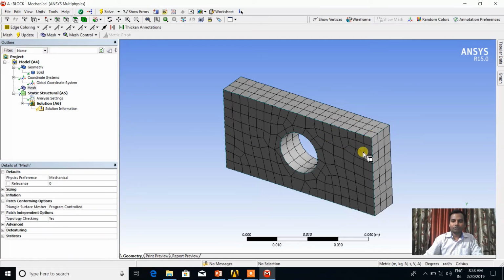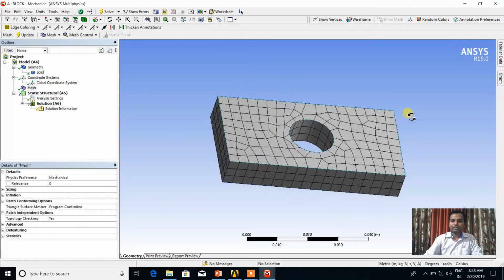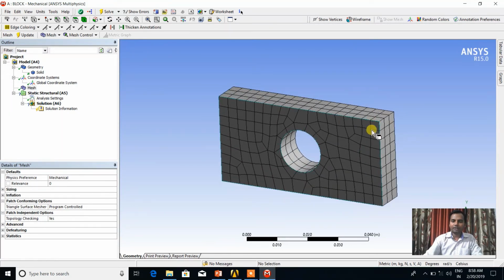Okay, so the basic theory of finite element analysis is nothing but the element, where the corner points of the elements are the nodes, and whatever load is applied on the body, that load is applied on the nodes. Okay, so there will be deformation of the nodes and stresses will be induced in each element. So therefore the meshing is required to be done. For perfect analysis or accuracy in the result, the meshing part is very important. Okay, so this is the default meshing, which we can check in ANSYS.